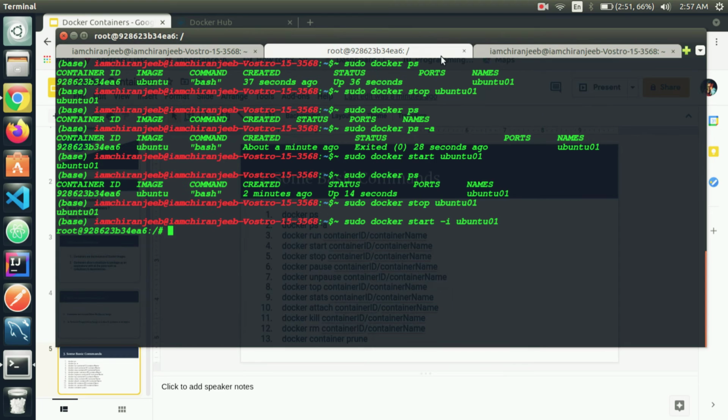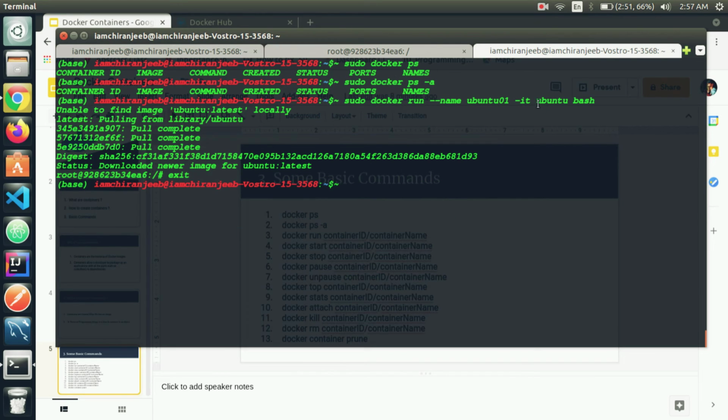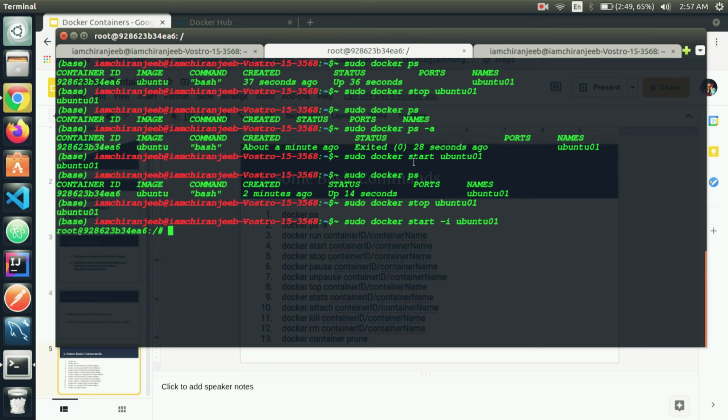When you start the container for interactive mode, you give only -i. If I am running this Ubuntu image for the first time, that means the container has not been created, then I give the -it flag to go into interactive mode. But here the container has been created, so I have to start the container, and to go to interactive mode I will type -i only.